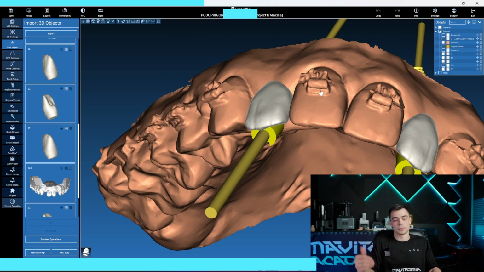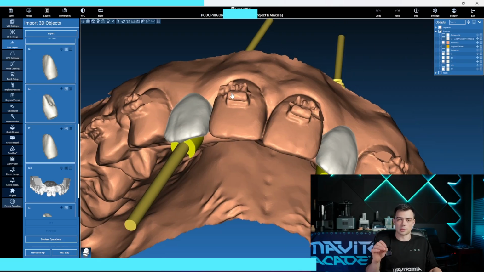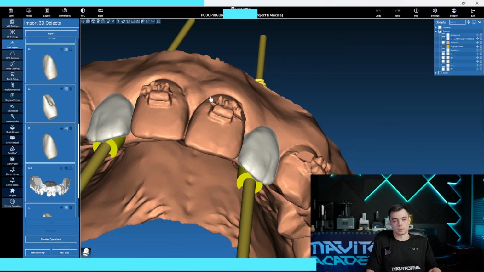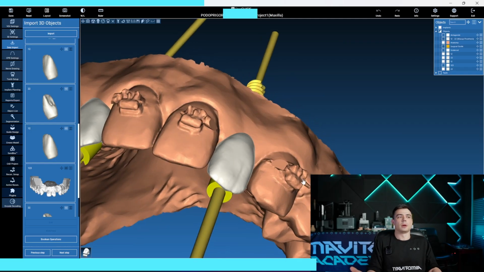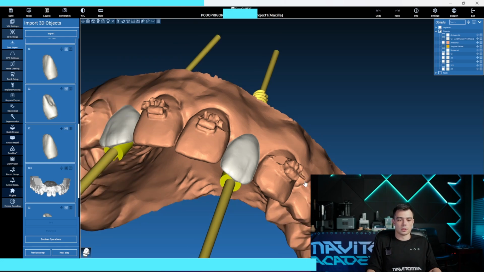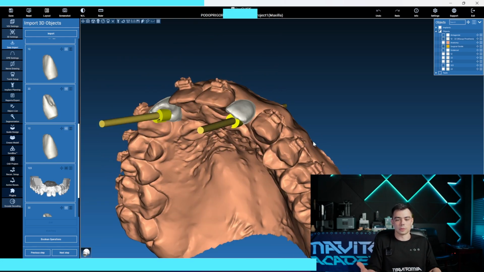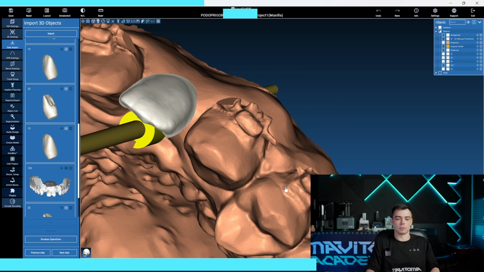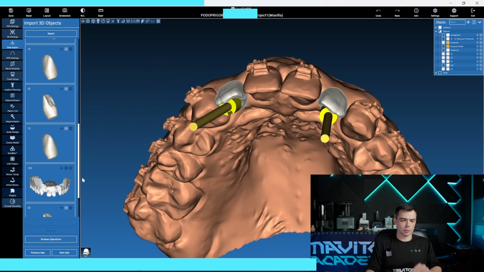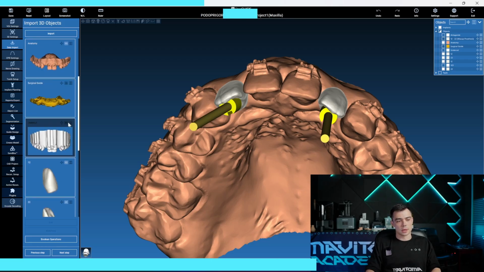reflecting the light, and that's why if you do not use the special spray for metal surfaces, special spray for intraoral scanning, the shape of the braces can be damaged in your scan, and they cannot even be scanned. So that's why when you make intraoral scanning with braces, try to use your intraoral scanning spray just to make sure that you will receive all the information regarding the shape of the teeth and regarding the shape of the braces, because that's the third point which I would like to tell you today, is that we call it actually